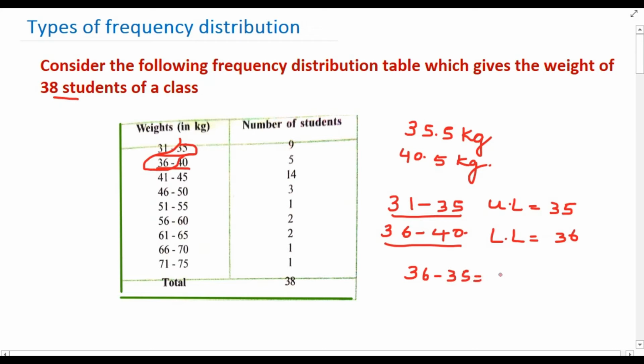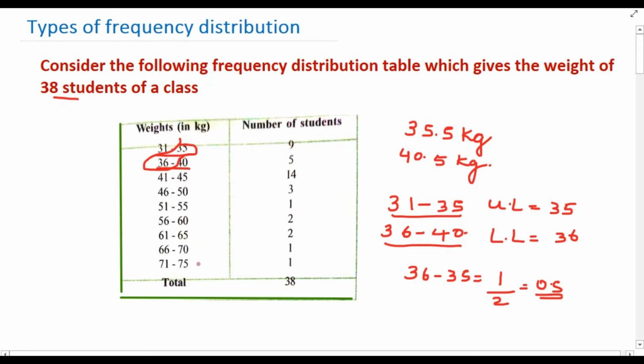We find the difference, that is 1. Now divide by 2, so we get half, that is 0.5. Now we need to subtract 0.5 from the lower limit and add 0.5 to the upper limit of all these class intervals